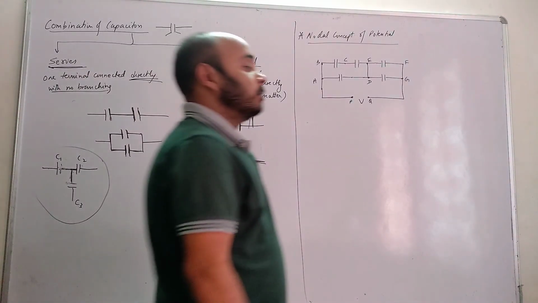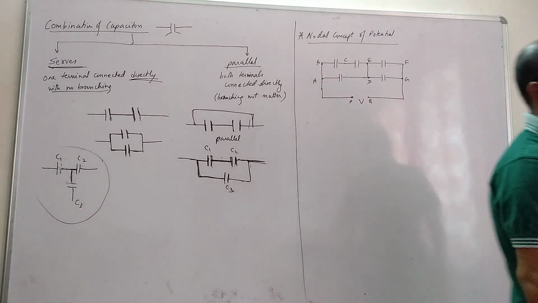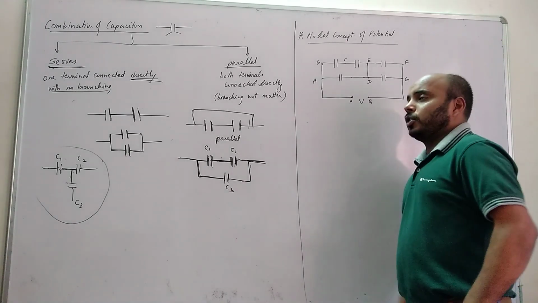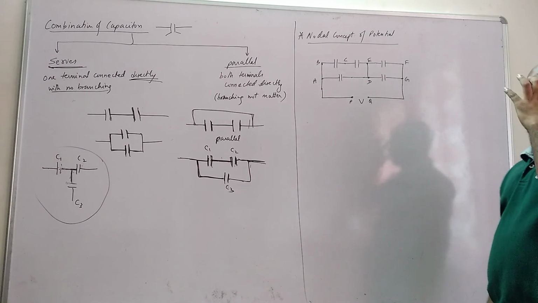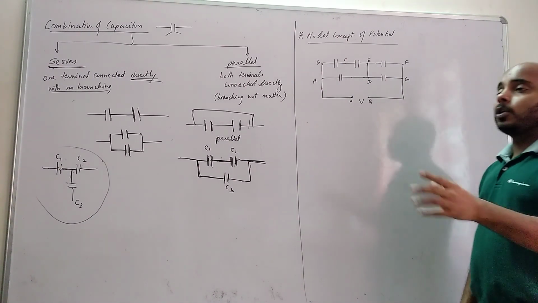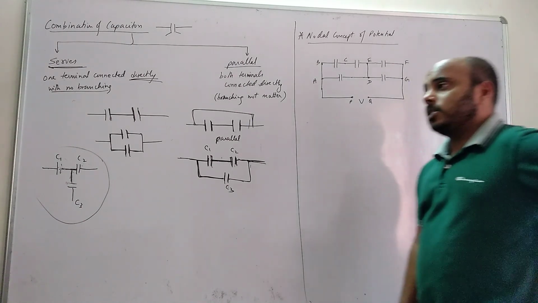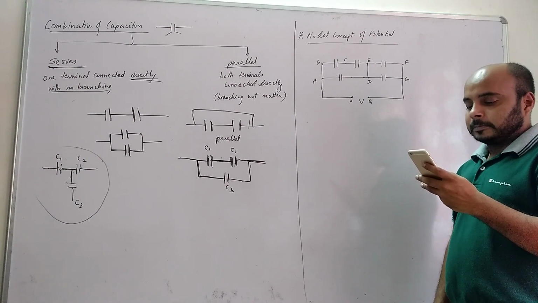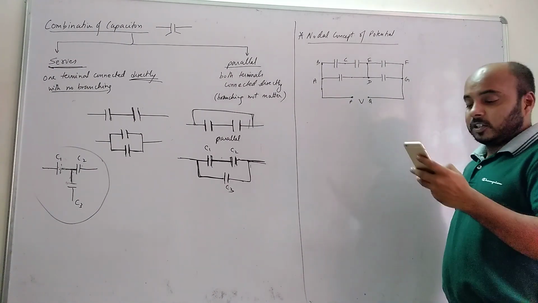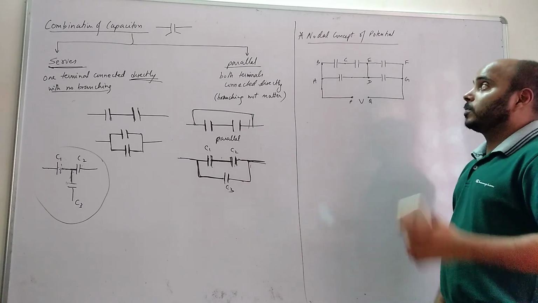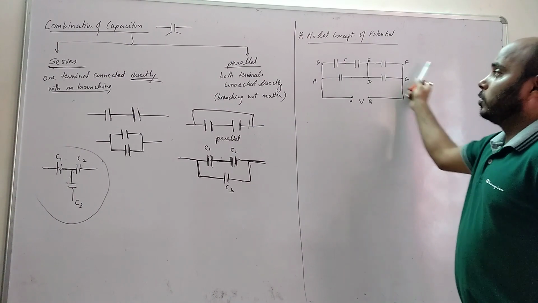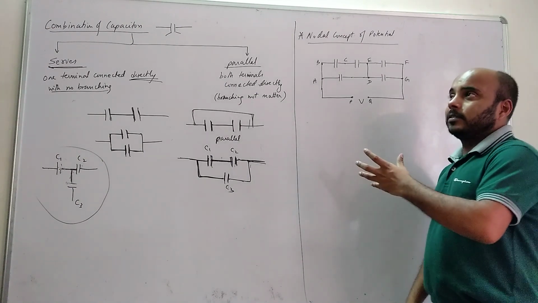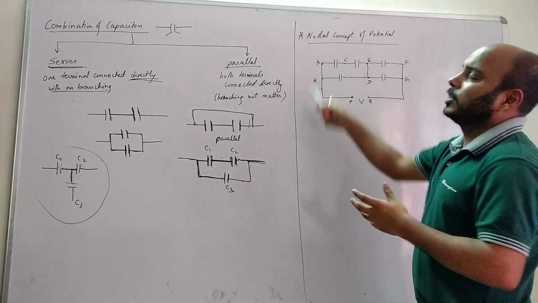Is that okay? Now, we learn a special concept which we study in engineering, but we use this concept here in class 12 to understand the potential difference, where it is equal, to understand series and parallel. I have written the notes. If you see the PDF, it is on page number 15, chapter 2. There, under the topic combination of capacitors, a small box is there, where it is written nodal concept of potential. This is not there in the notes, I have written it only. We will study only the theory just to understand how to apply it. If you forget, you may write this in a notebook.